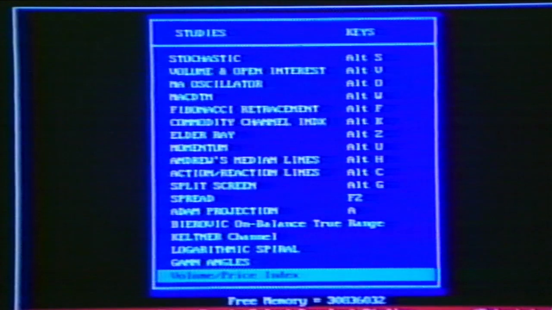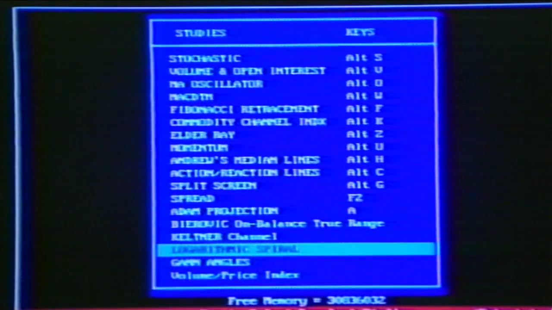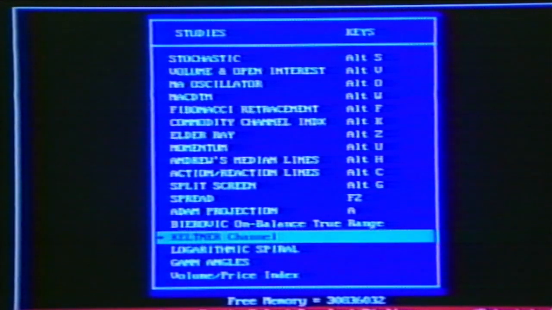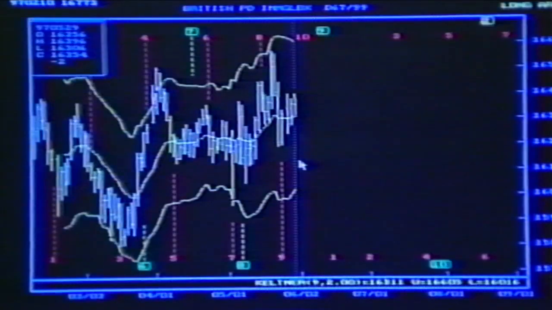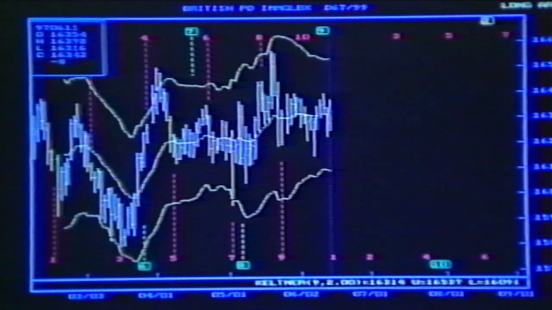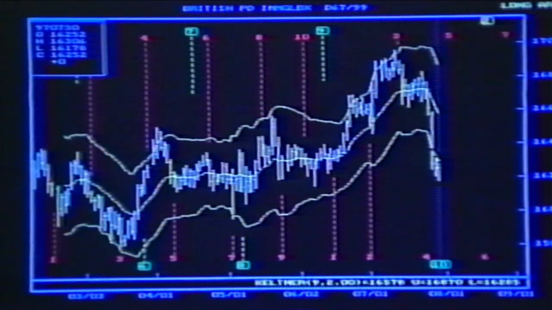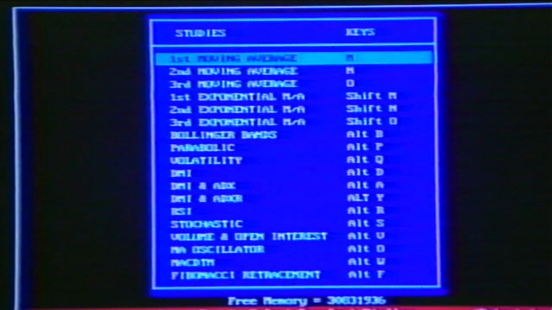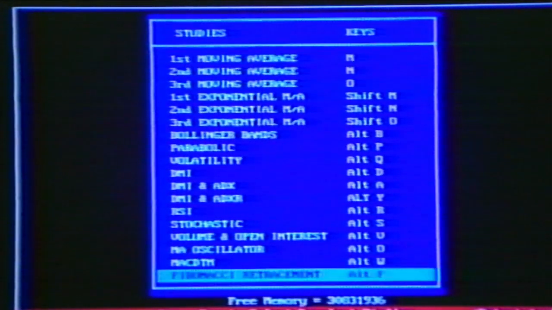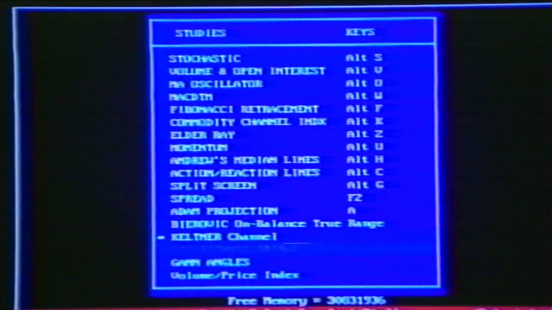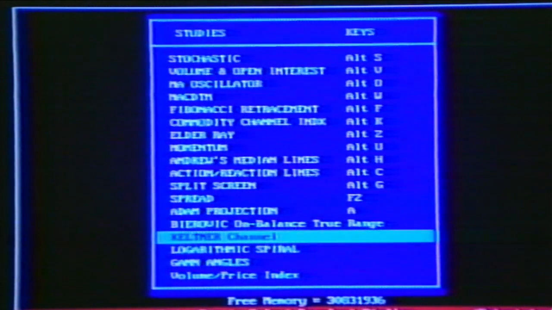So let's look at a couple of things. How about a Keltner channel? We select the Keltner channel, we hit our key, and there's the Keltner channel on our chart. Let's select something else. We go back to our studies and we take off the Keltner,